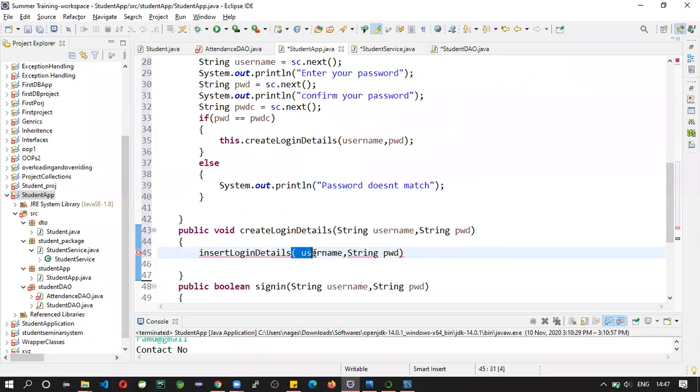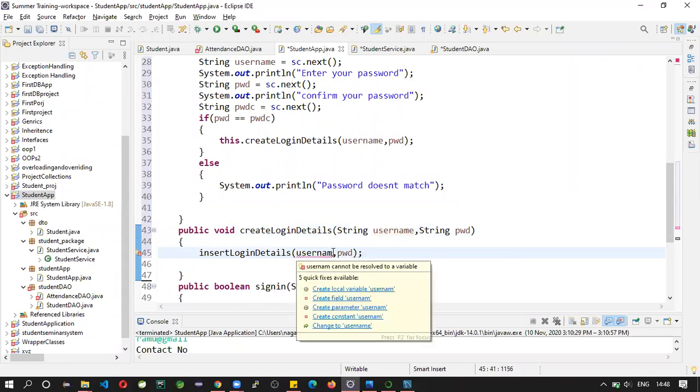So this doesn't require anything, just provide. Simply, here we pass these username and password variables. That's it. From here the control will transfer to